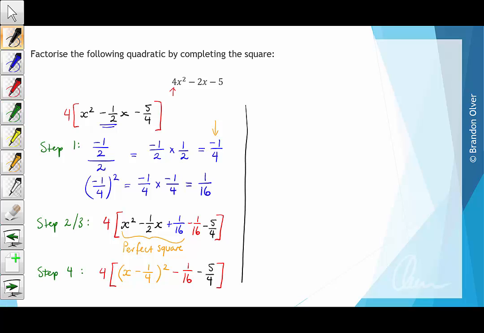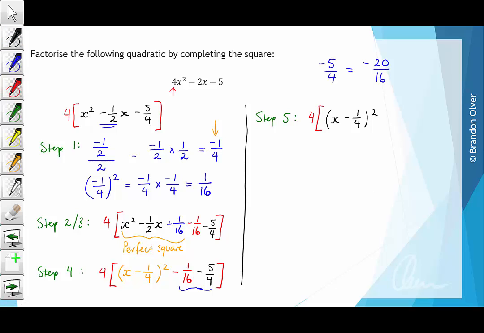So over here, we're going to go through step 5. Step 5 is to clean up the remaining terms. The first thing we need to note is that the negative 5 on 4 just up here can be written as negative 20 on 16, so that we've got a common factor to add these 2 terms down the bottom together. So now we can rewrite our expression as x minus 1 on 4 all squared